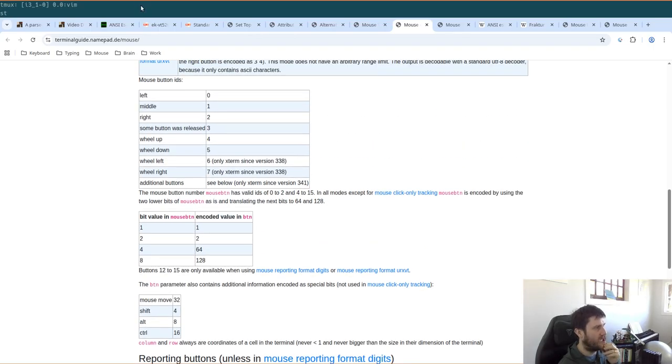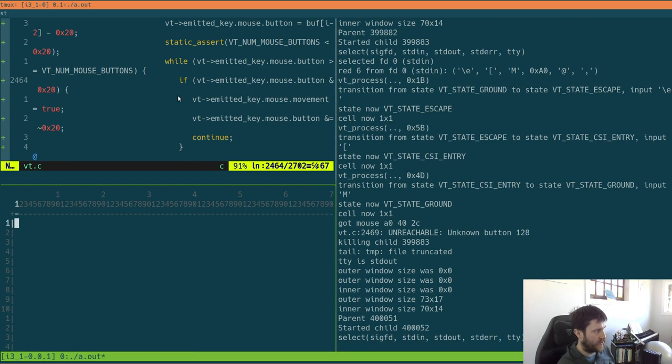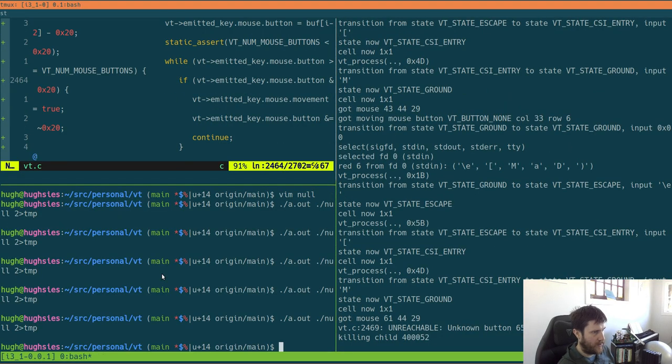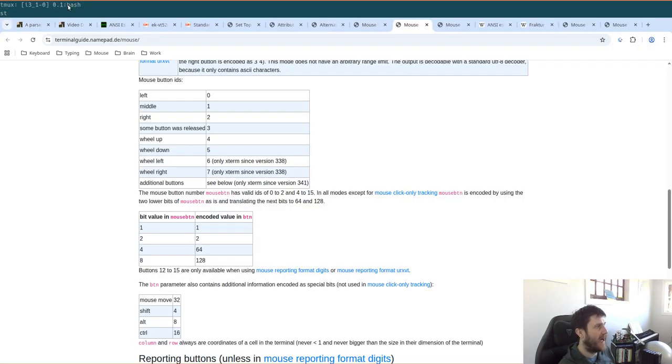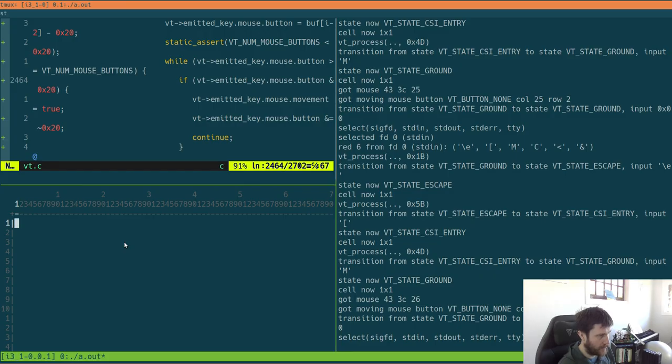Yeah, I think I get this. So if I scroll, that's a 65. No, so if I carefully click with my scroll without scrolling, we got a... if I do it again, we got a